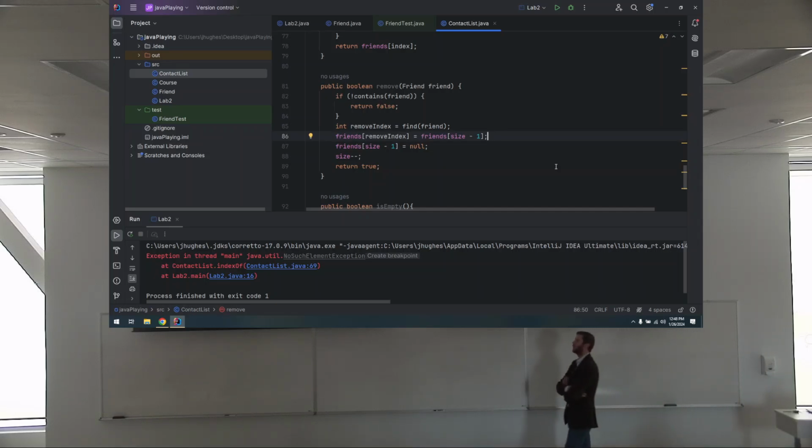When I remove a friend, okay, let's talk about this implementation and talk about the implications of this implementation. So, first and foremost, if the friend is not in that collection,